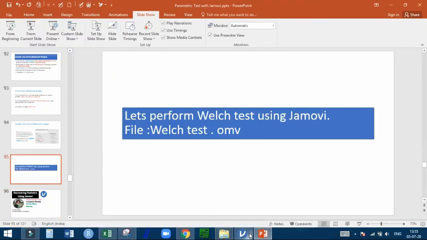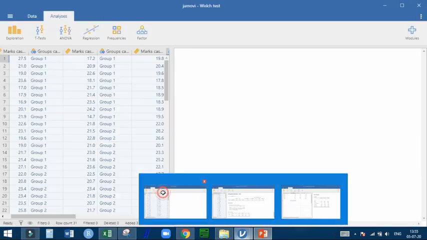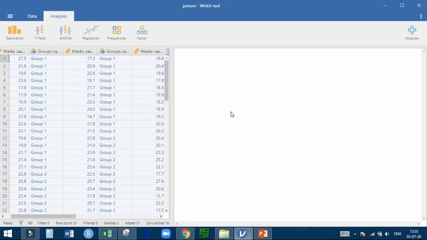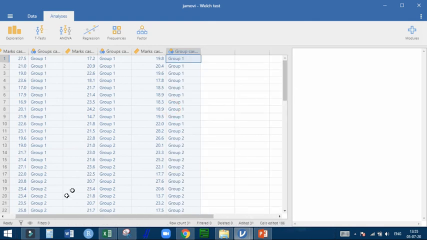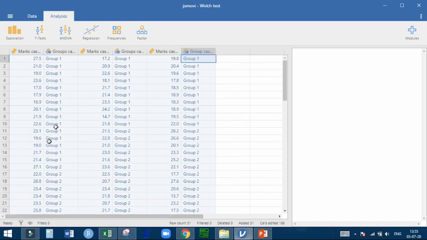Friends, I have a file to demonstrate the difference between the student t-test and the Welch t-test. I have prepared some data deliberately to show you how to check the homogeneity of variance, where the assumption is fulfilled and where it is not fulfilled.